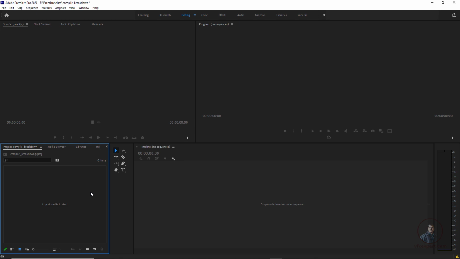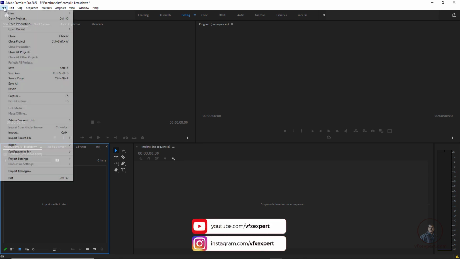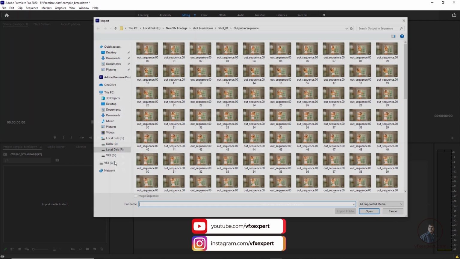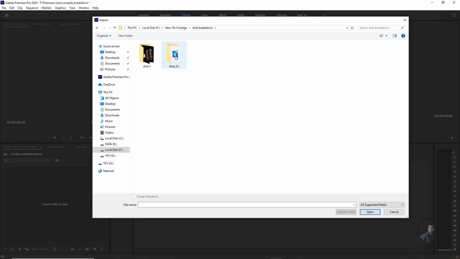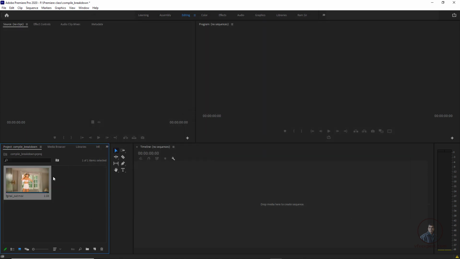After this, we have to import all these render breakdowns, the final output, and even the audio. So we have to import all assets related to our show reel. For importing anything in Premiere Pro, we click on File, then Import, and select the folder or files which we want to import. Inside this folder, this is our short one and this is our final output. Simply select it and click on Open. Now the first file is imported inside Premiere Pro.